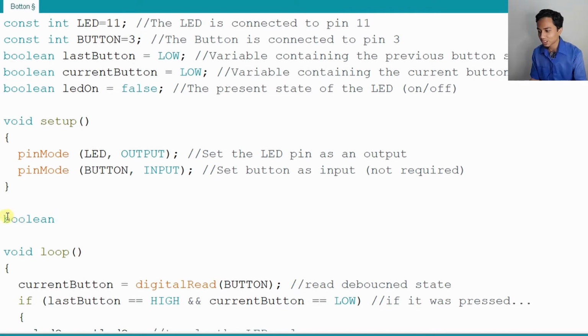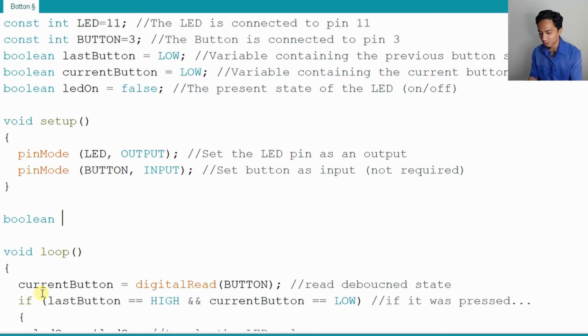I want to return a value from this function into the void loop. I want to transfer this function data into the void loop, so that's why I want to give some values. But what kind of values? There are several values. It might be integer, so I will define int. If I want to return a character, then I will define char, and so on. But now I want to use the boolean